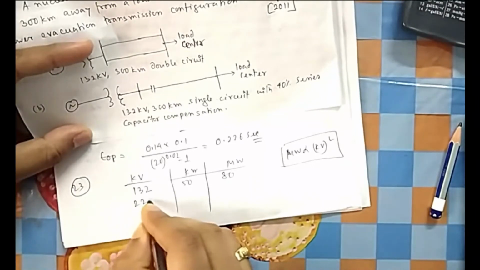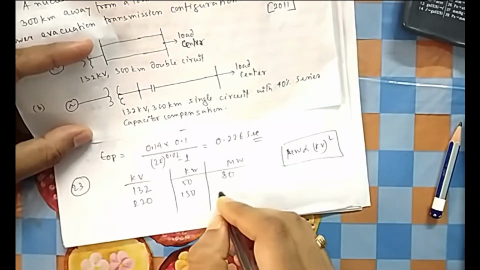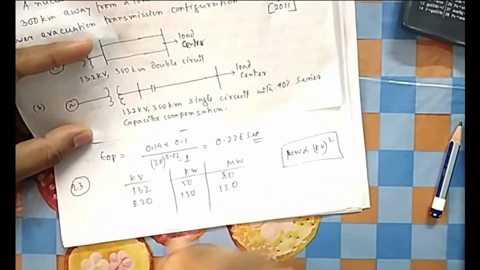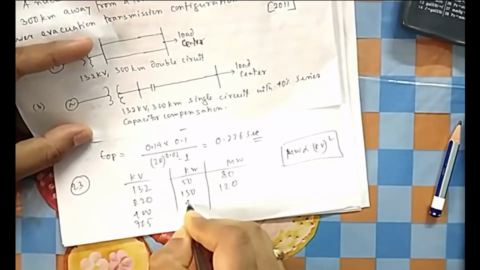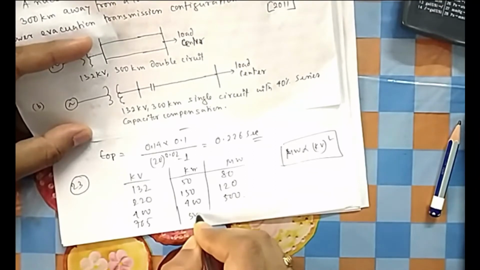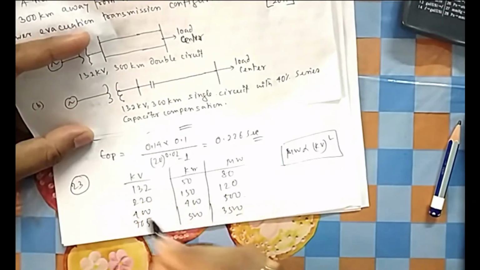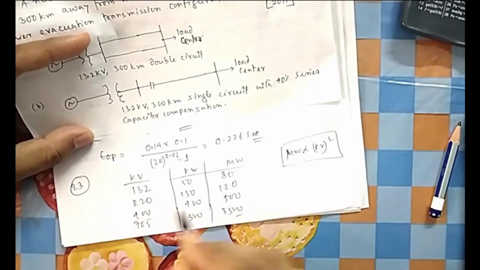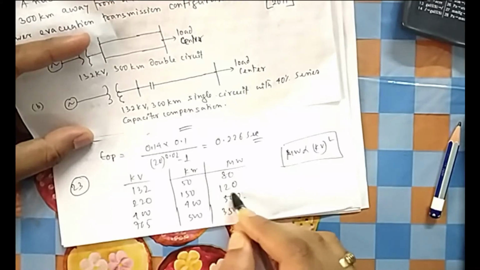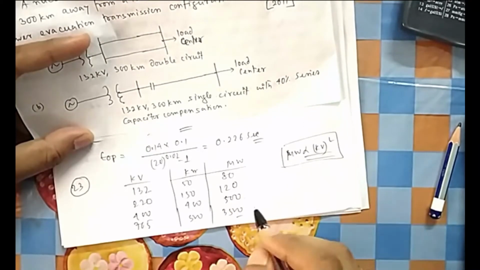It is not that you have to remember exactly, but you should have some idea. This is 150 and this is around 120. Next is 400 and 765. 400 kV is 400 kilometer and 500 MW, and 765 kV is 500 kilometer and 3500. So it is around 2 times, not exactly, so it is around 4 times. 4 12s are 80, so it is around 2 times. So you can remember something of the kV square format.